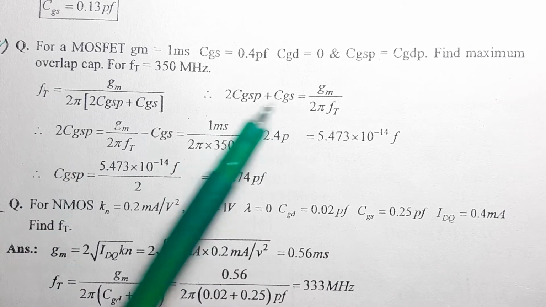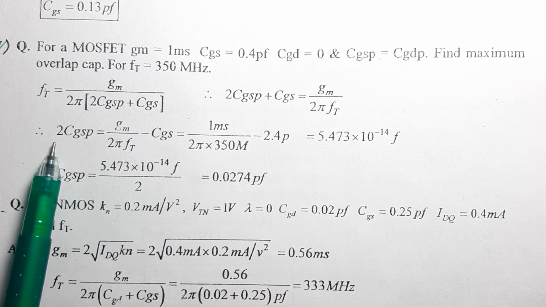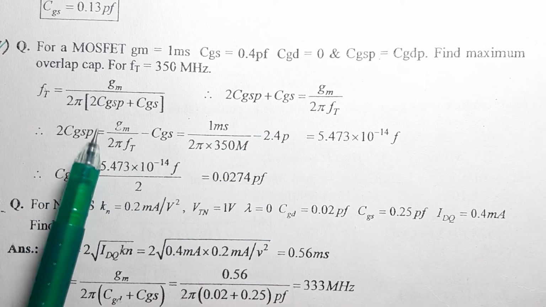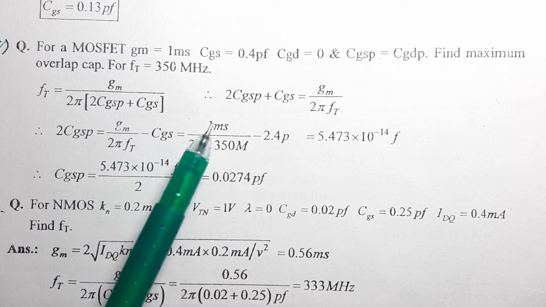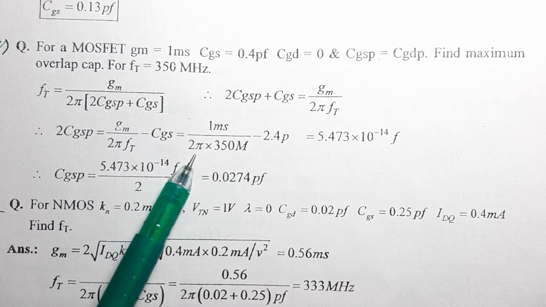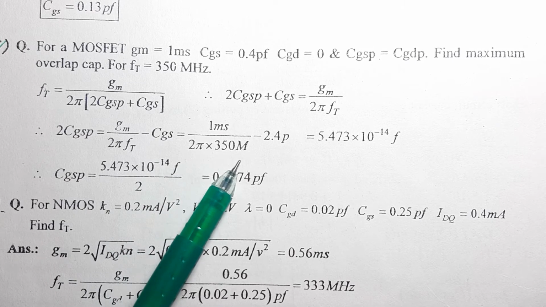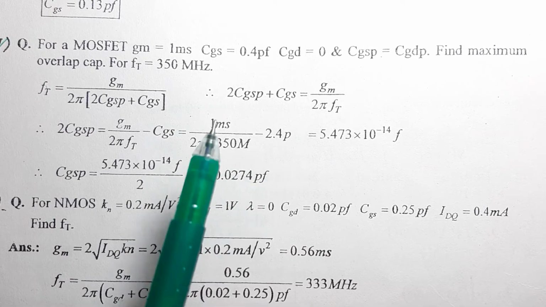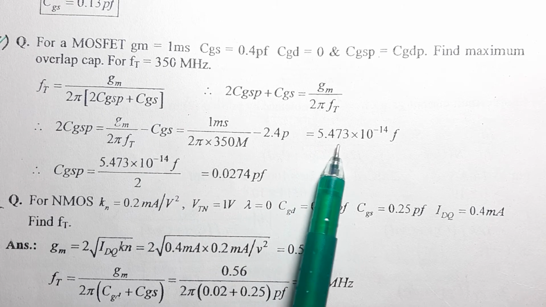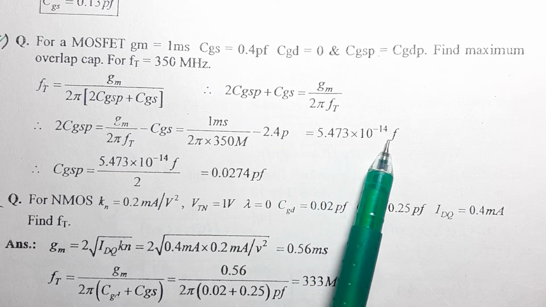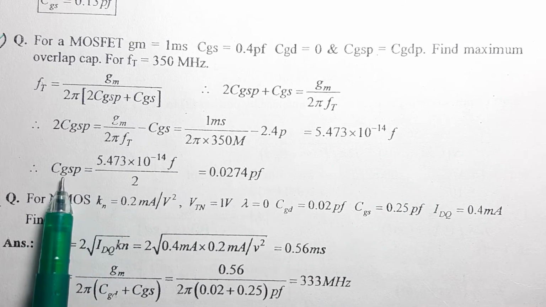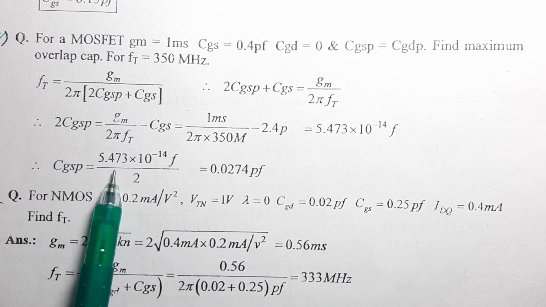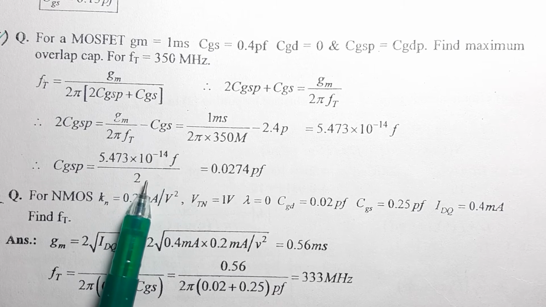Now CGS can be taken on this side, so 2 CGSP is equal to GM upon 2 pi FT minus CGS, which is equal to 1 millisiemens upon 2 pi into 350 mega minus 0.4 pico, which gives you the value 5.473 into 10 raised to power minus 14 farad. So your CGSP turns out to be this number divided by 2,